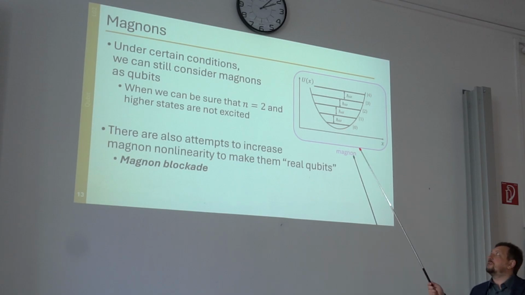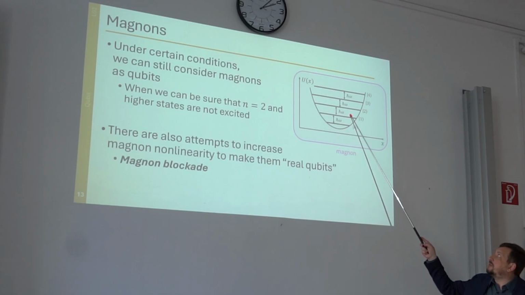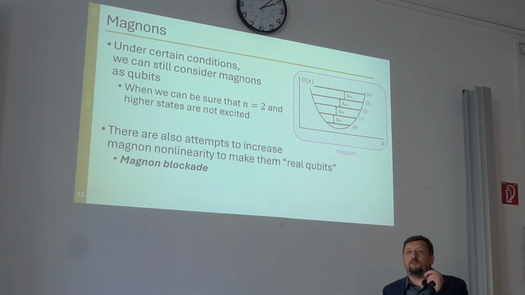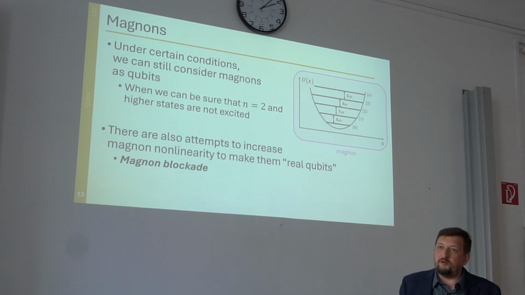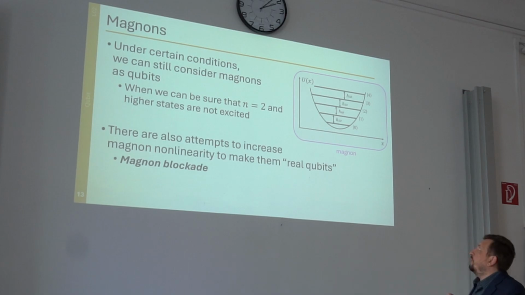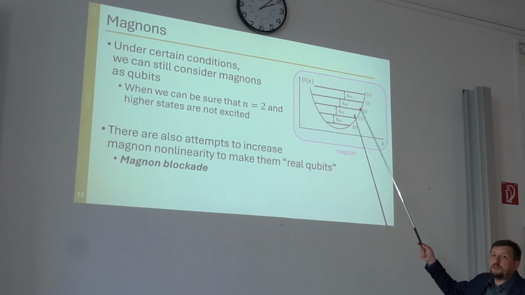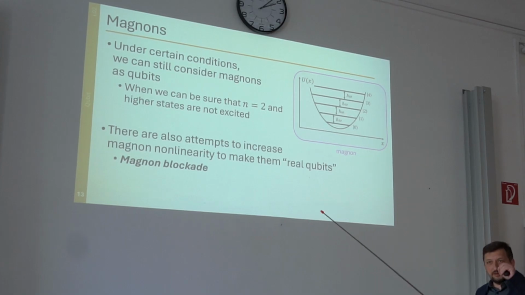What it means on this diagram is that the distance between these energy levels is not exactly the same. So there is some nonlinearity, and we know from classical physics that classical magnons have nonlinear properties. So if you consider these energy levels, this energy separation will not all be the same, there will be some small